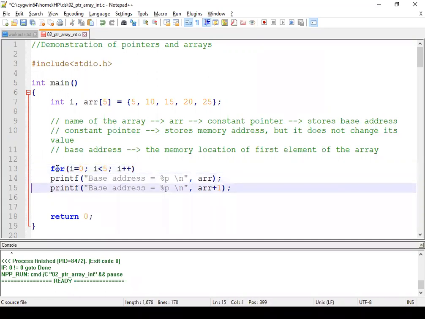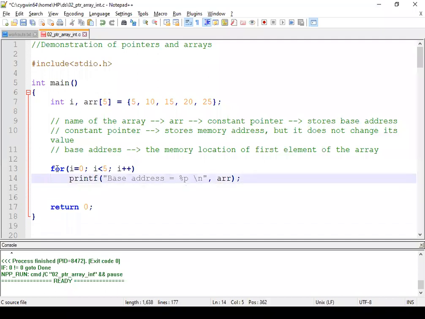Okay, and here I will write a simple statement. I will remove this one and write it like this: address of the ith element, or address of element at %d index is equal to this.